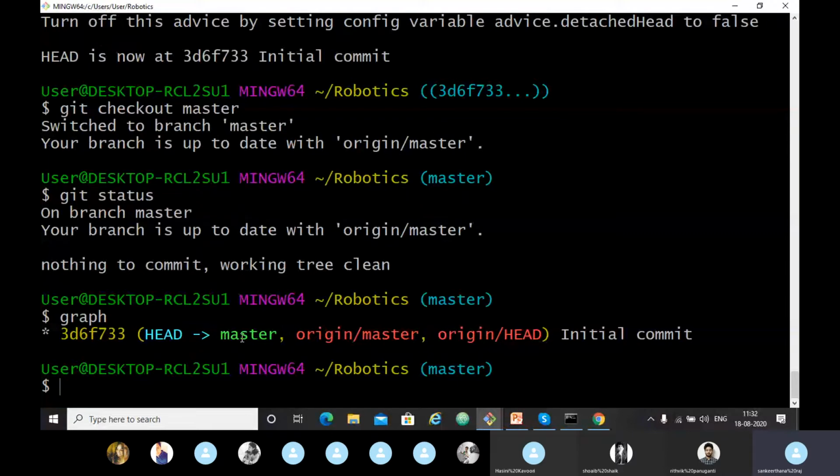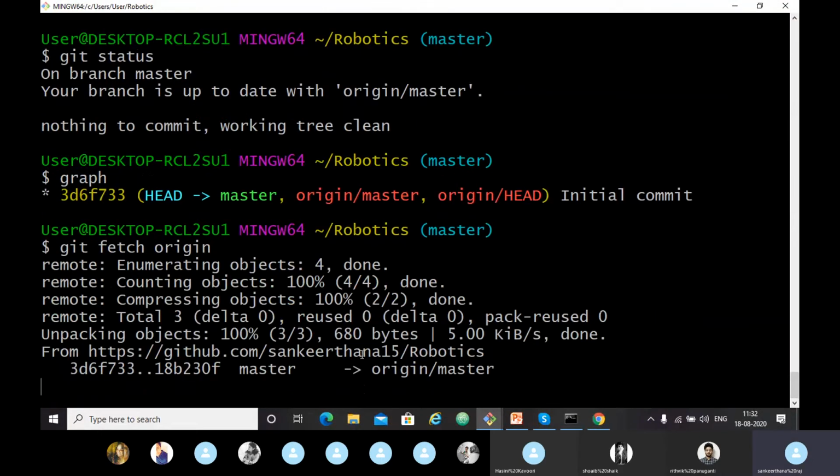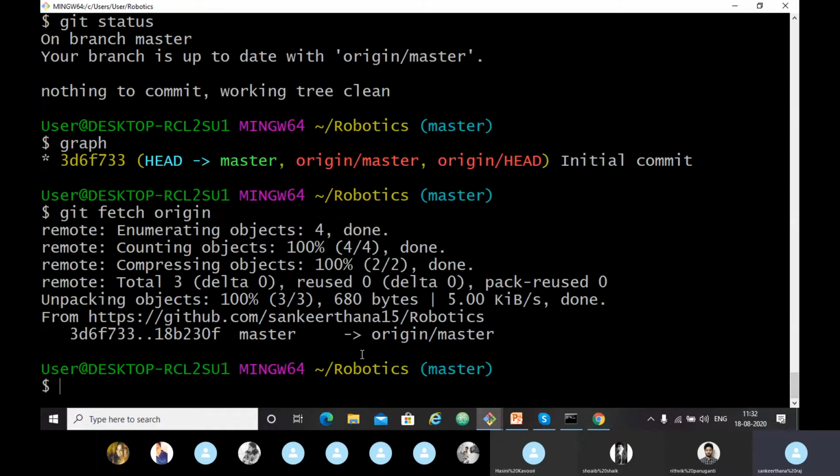So if I want that, I can just type git fetch to update my local repository with the GitHub repository: git fetch origin. Origin is the location of my repository. Instead of copying and pasting that URL every time, you can just type git fetch origin. After this command, it finds the new commits and brings them down to my local computer.